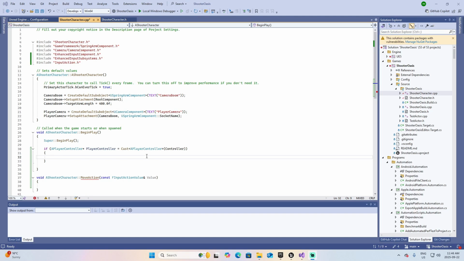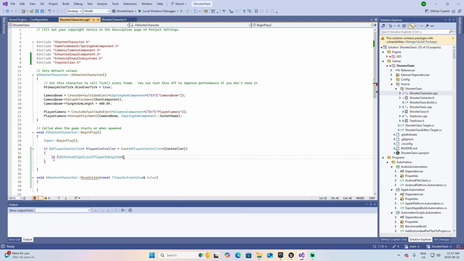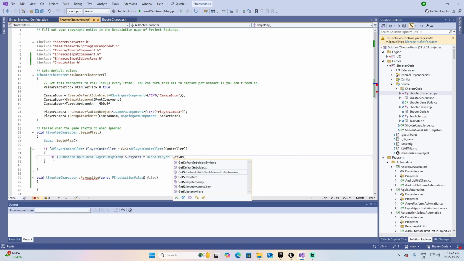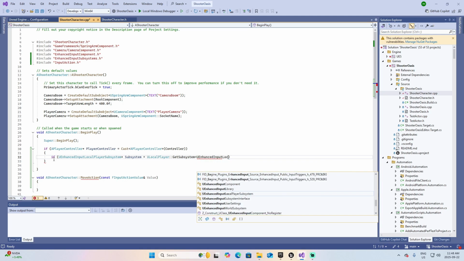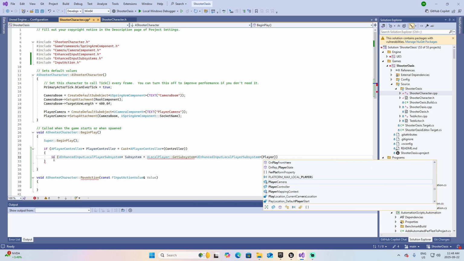Each local player has a subsystem, which is special managers for different engine systems. So the next step is to check if we have this subsystem. We set it as a pointer to subsystem, and the value will be local player get subsystem, enhanced input local player subsystem, player controller